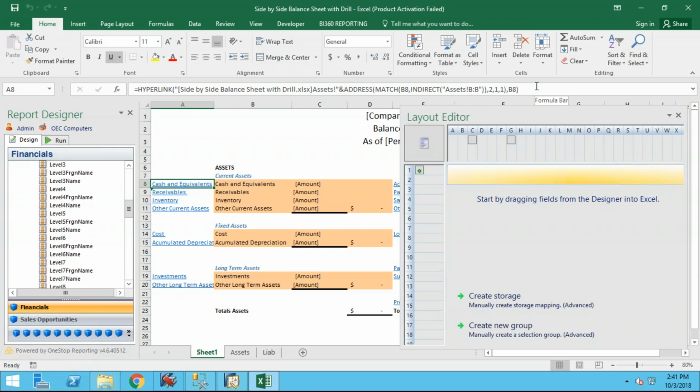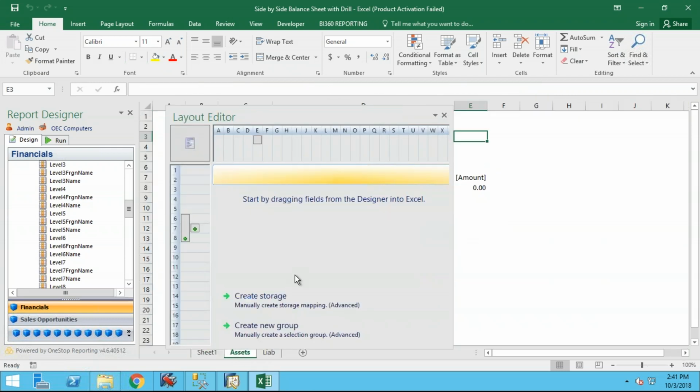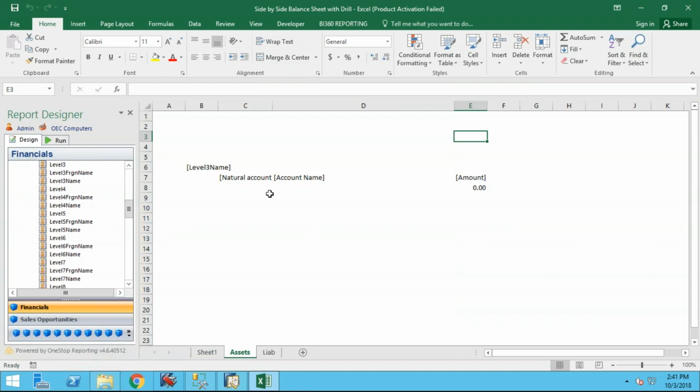So it basically takes you automatically to where that detail is. This is what the detail looks like here. We just basically put a level name, an account natural name, and then we do a filter by, let's see here,